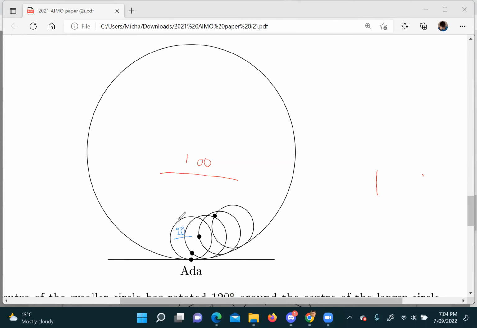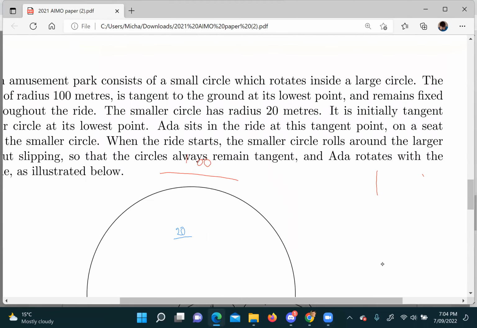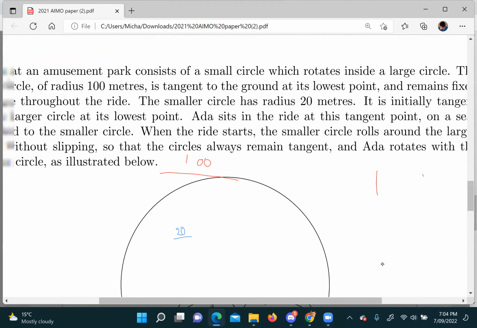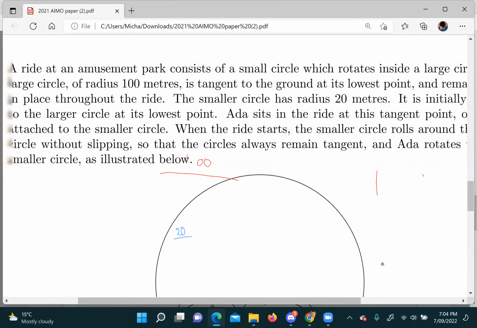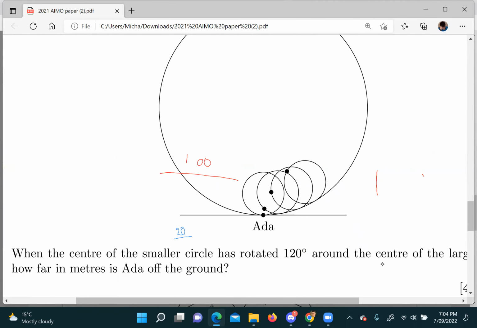Okay. And it asks you, so what does it ask you? It asks you if it goes 120 degrees. It's when the center of the small circle has rotated 120 degrees. Oh, okay. So when the center of the smaller circle is rotated 120 degrees around the center of the larger circle,